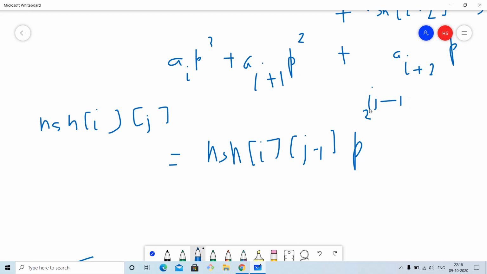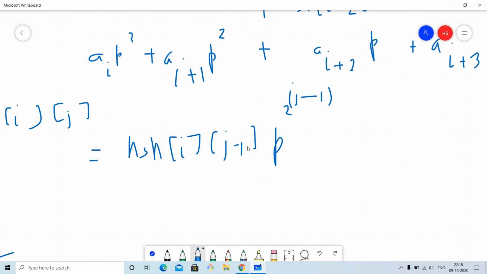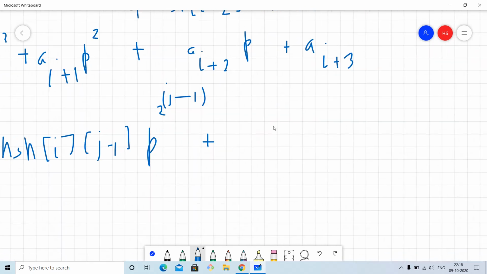So when our j was 2, 2 to the power 2 minus 1, that is 2 to the power 1, so p to the power 2. When j was 1, that is 2 to the power 1 minus 1, which is 2 to the power 0, which is 1, so simply p. So hash ij will be hash i(j-1) times this power of p plus hash of